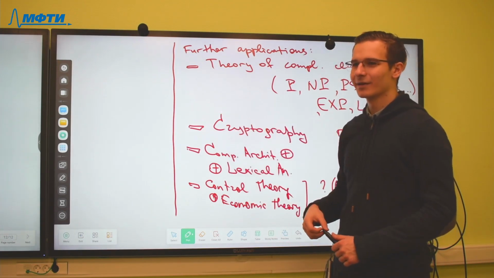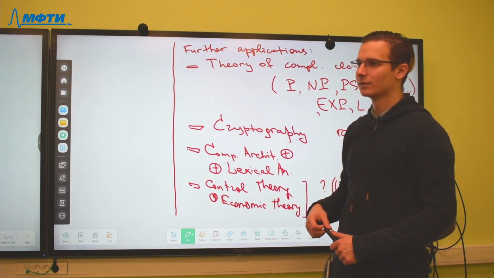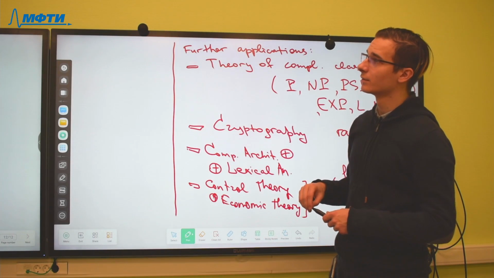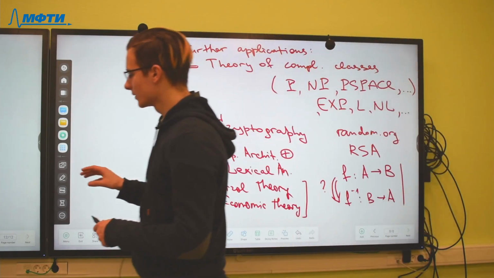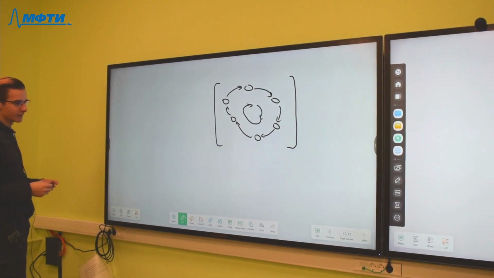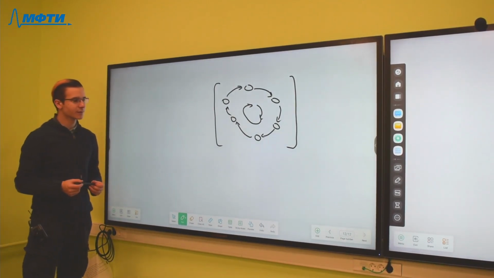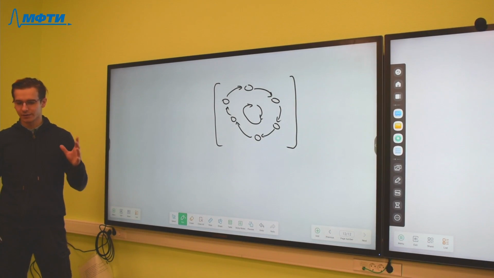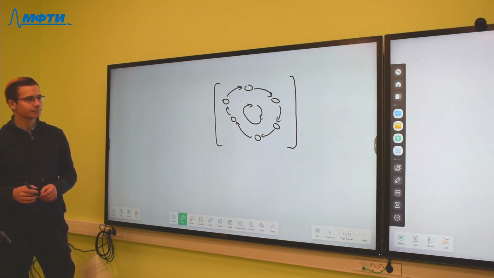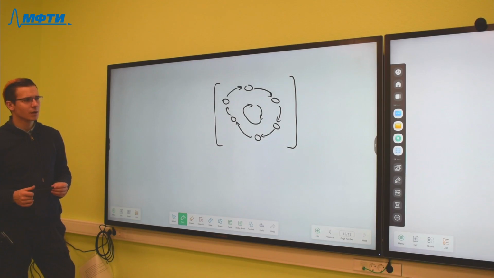I think that we can look at this picture, look at the finite automaton and find something interesting about our process. Yeah, so I think that's all about applications. Of course,